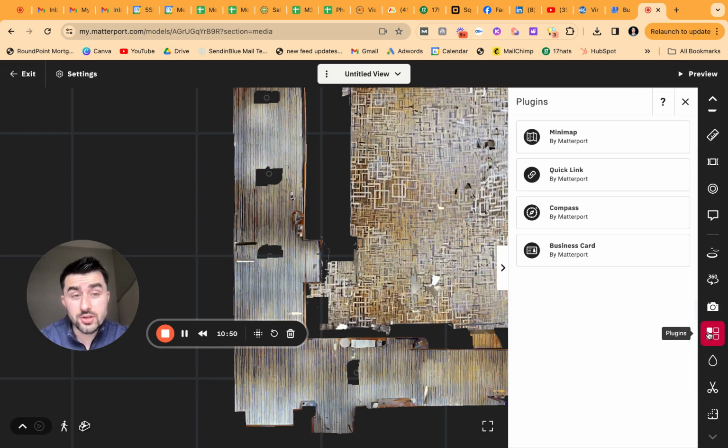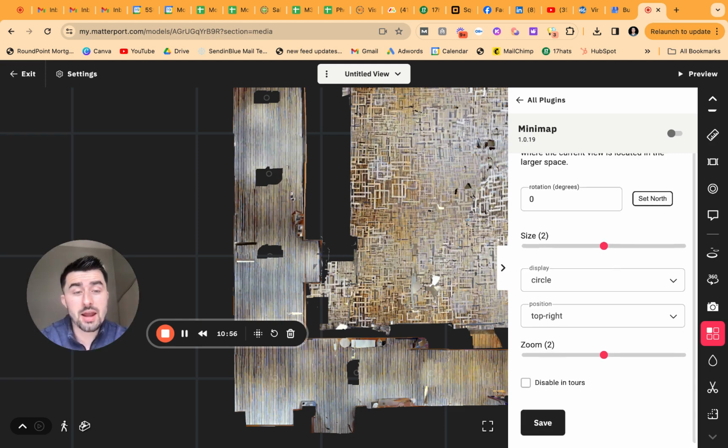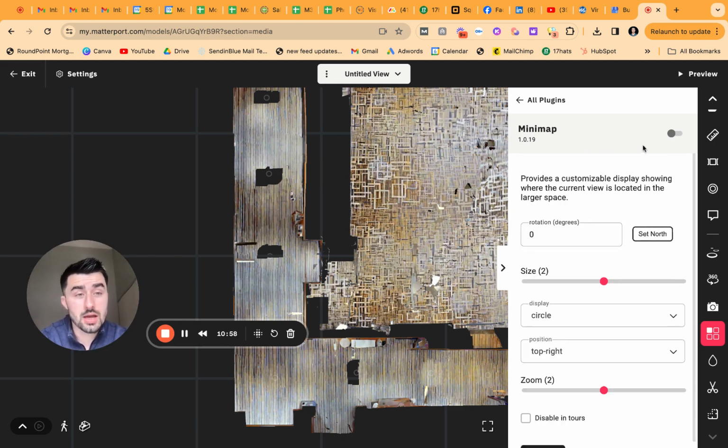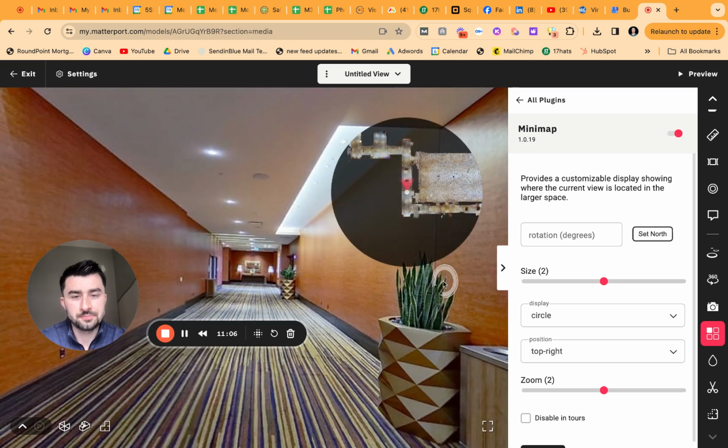The other thing I want to go into is plugins. So now you actually have the ability to create a mini map. This is something that Matterport has, in my opinion, lacked for such a long time. So really what the cool thing is, if we go back to the space,